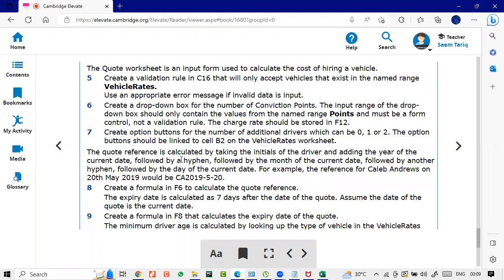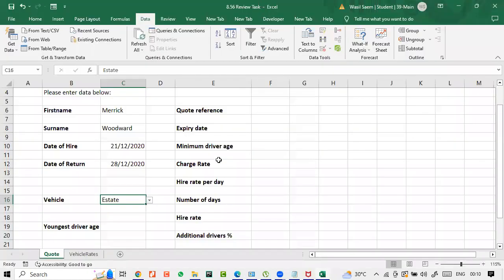Create a drop-down box for the number of conviction points. The input range for the drop-down should only contain the values from the named range points and must be a form control, not a validation rule. The charge rate should be stored in F12. So in F12, as you can see,